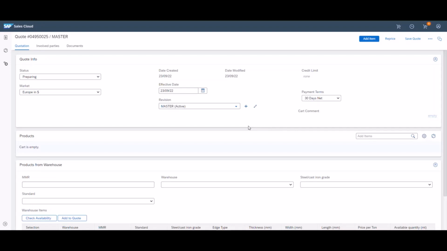Welcome to SAP CPQ. I'm already logged in to the system as an account manager of Metal Industries, and I got a CPQ quote opened on my screen. Let's first have a quick overview of the general information on the Quotation tab in the Quote Info section, like the market and currency chosen for this quote,